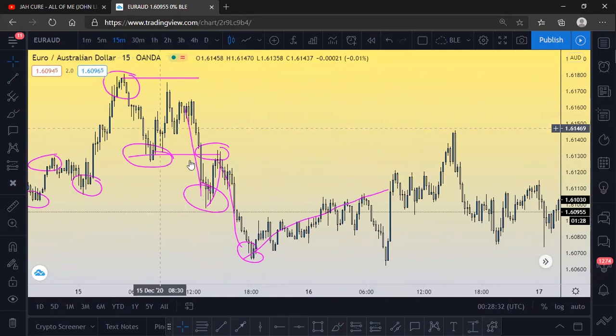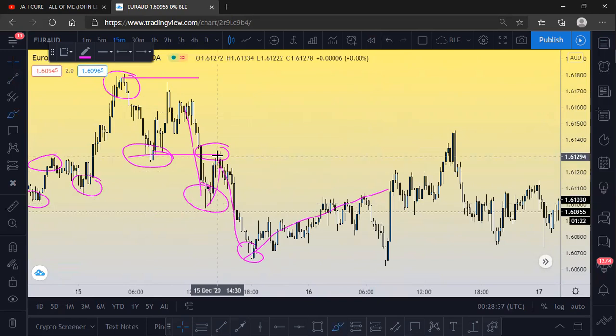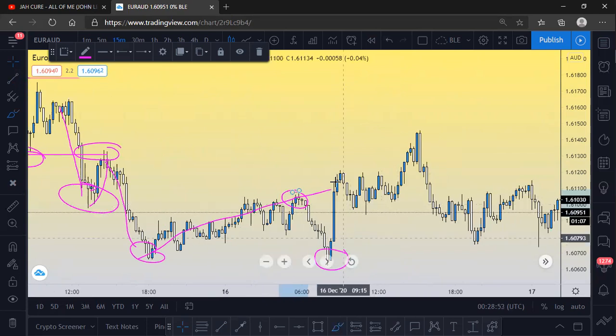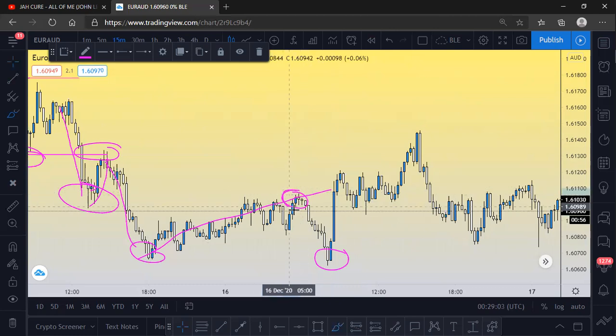So we can see how we were basically in a downtrend here. Lower low, lower high, lower low, lower high, lower low, right? We had our lower high here and then our lower low here. Can you see this? And what happened? You can see this strong buying candle, right? So this candle, are you with me? All right, you can see how this candle went up and closed above this lower high. So now it has broken structure to the upside, right?